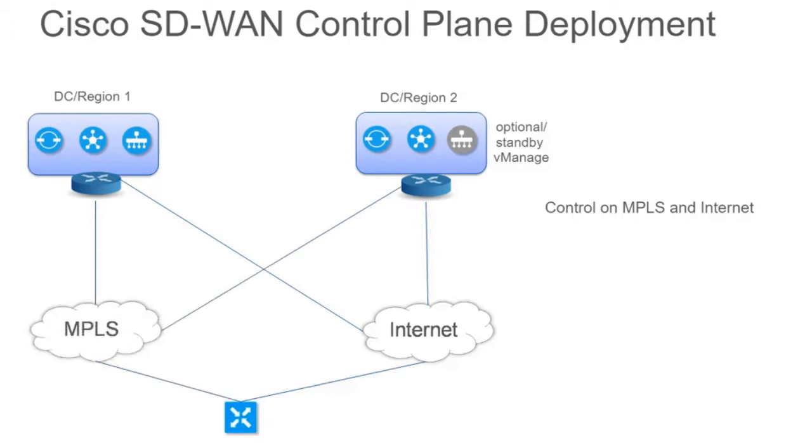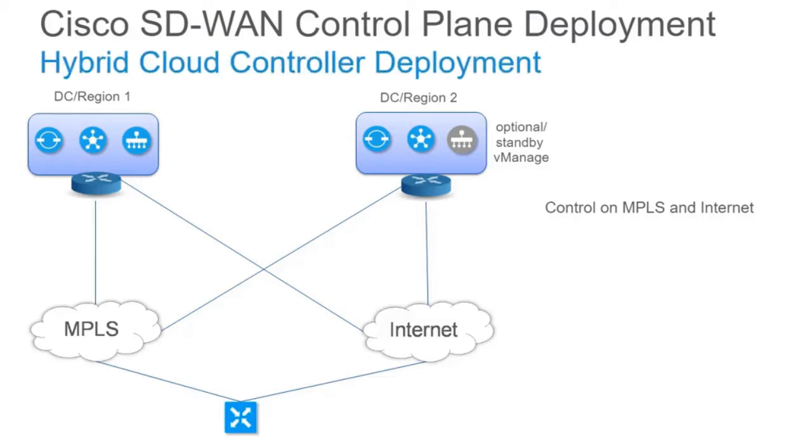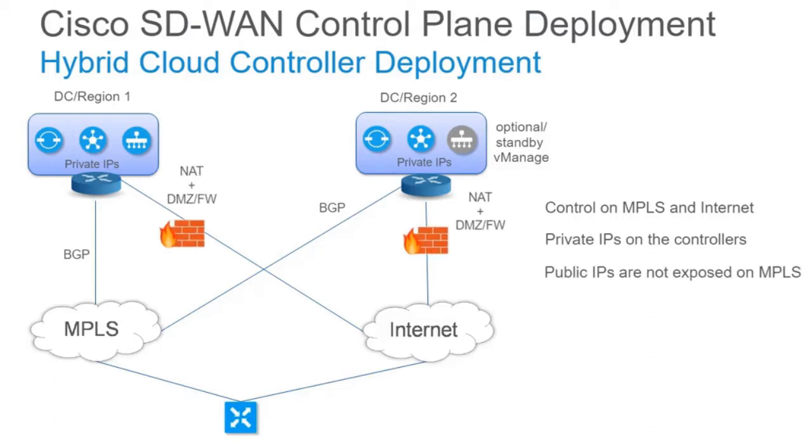No communication will be allowed on MPLS destined towards a public IP through the data center. In this case, the controllers are deployed using private IP addresses and are advertised to the MPLS transport. As a result, the controllers are reachable via their private IPs. The traffic for the internet domain is routed through the DMZ security stack and the data centers. At the same time, the traffic is NATed to a public IP before leaving the data centers. As a result, the controllers are available on MPLS via the private addresses, but on the internet, they will be